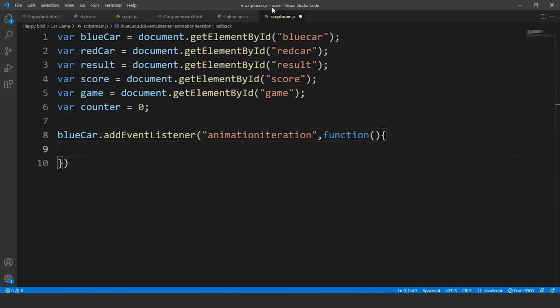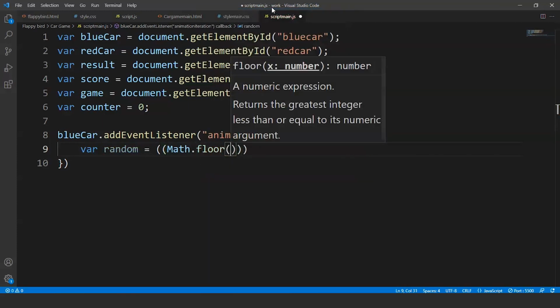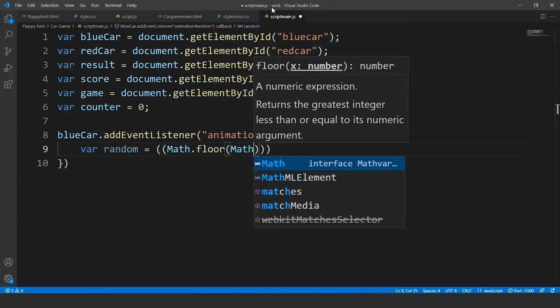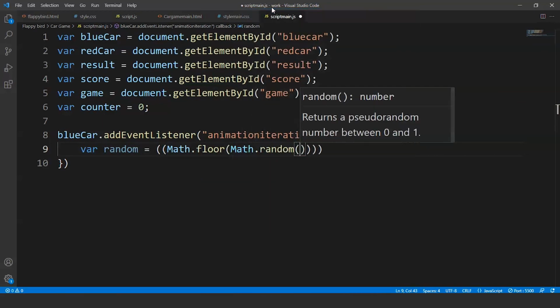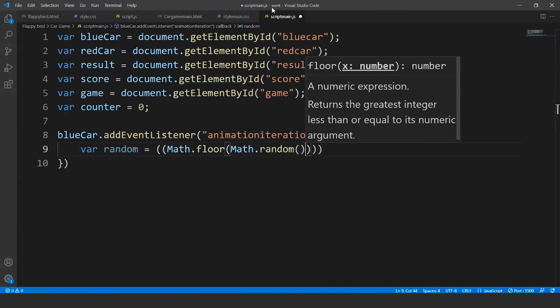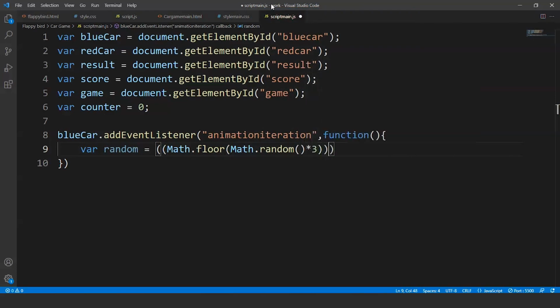Fine. So we'll take a variable, let's say random, and we'll write here Math.floor(Math.random()). This is a predefined function in JavaScript. We'll write here * 3, and right here we'll write 130. Why 130? Because 130 is the default width which we have taken in our CSS file.